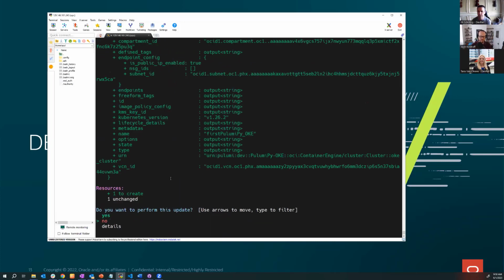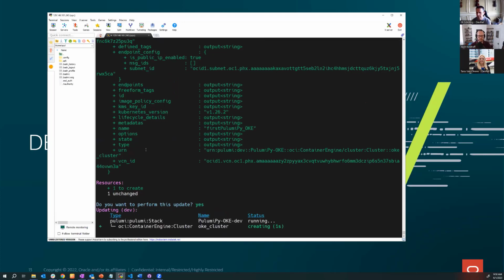And again, it's going to show us, here's what we're going to do. We're going to create this one resource. Of course, the stack itself, the existing resource doesn't get changed. So we'll hit yes. And this is going to take a few minutes to run. So while that's running, I just wanted to show